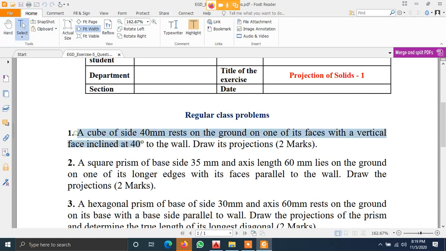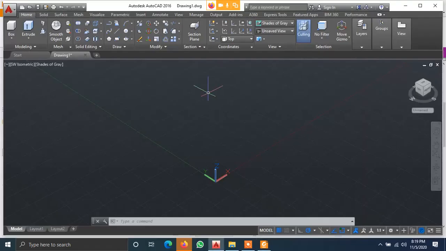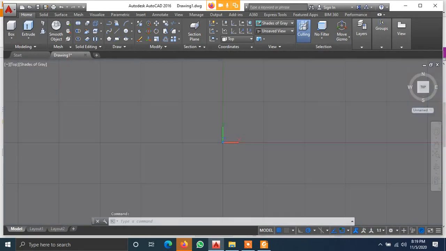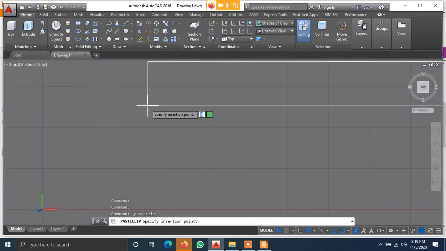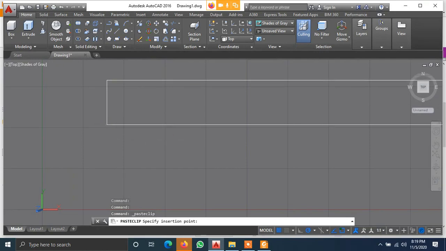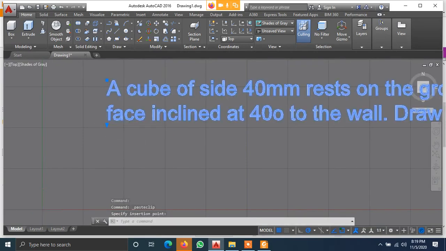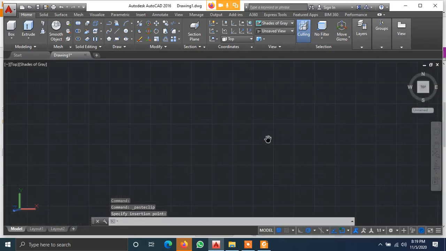Let us copy this problem and drop it here. I prefer top view because the orientation of the object is in the top view. So this is your question.